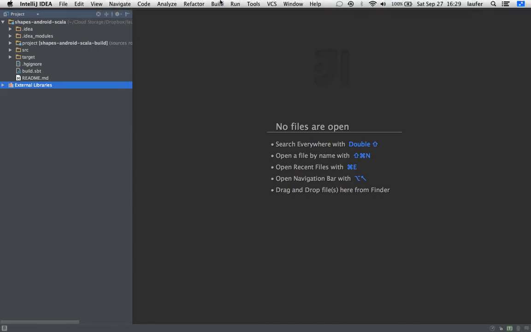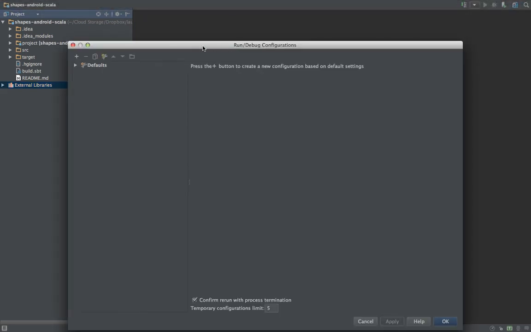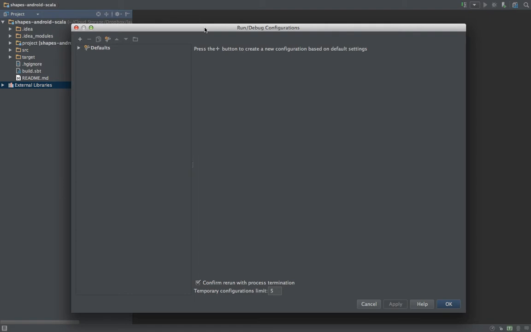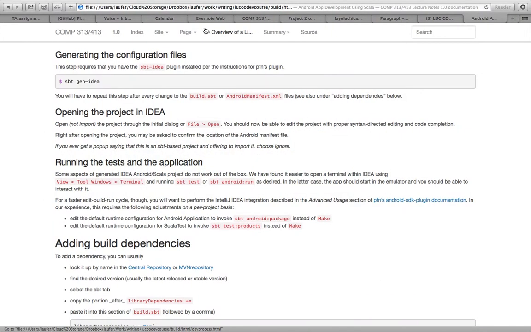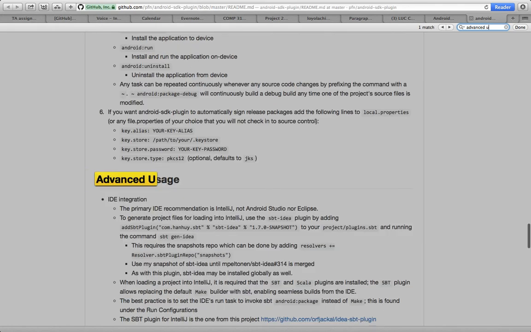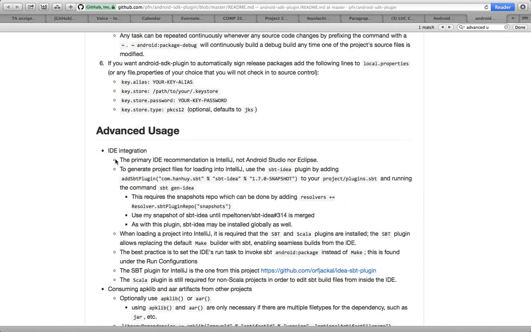Now, the two steps we need to set up on a per project basis are these run configurations. So this is documented in the SBT Android SDK documentation. So we'll go here, and there's this advanced section, and the first item here. So we're already set up in terms of the plugins, and we're also assuming that you did install the SBT plugin in addition to the Scala plugin. And the step we need to perform now is to set these run tasks